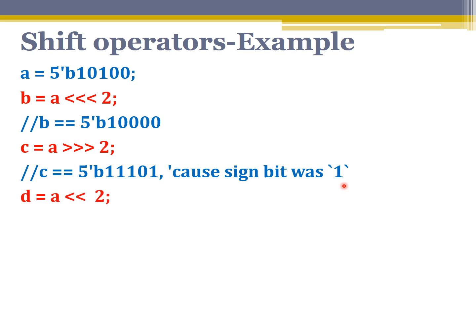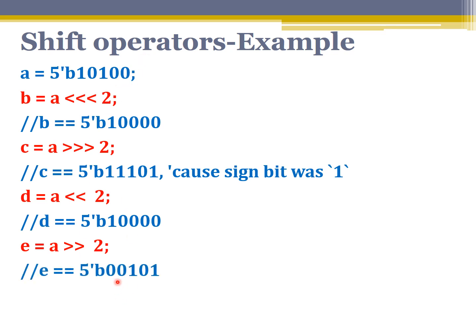So if we have A left shift by 2, this is a normal left shift. This will give us the same answer as the arithmetic left shift because the vacant bits are filled with zeros again here. And when we do a normal right shift by 2, we are going to lose out the last 2 bits. But the vacant position here will be filled with zeros, unlike this case which was filled with the MSB value.